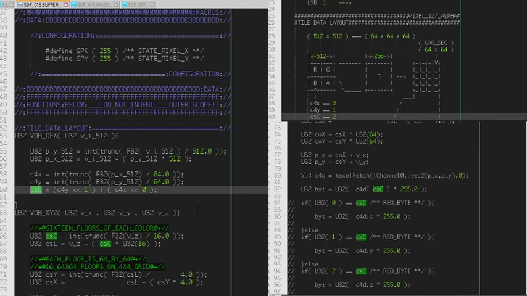So to get the pixel x, pixel y, like the actual pixel x, pixel y, is that going to be correct? So we want to make absolutely sure that we are fetching the data exactly the same as we